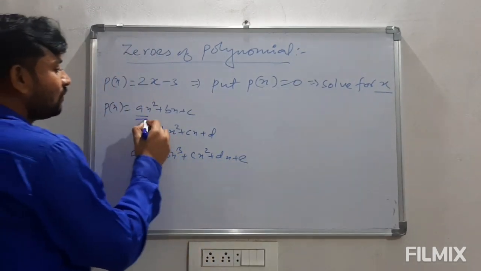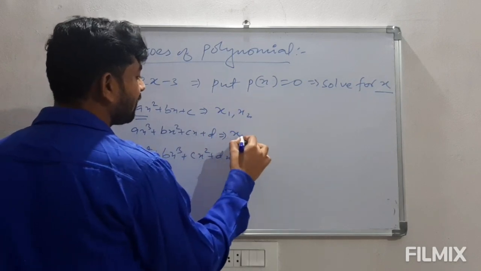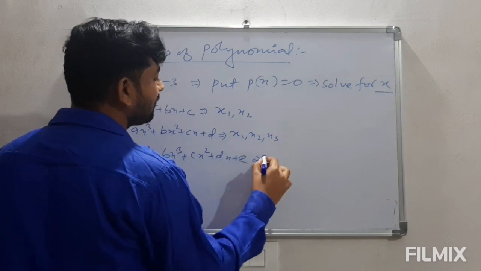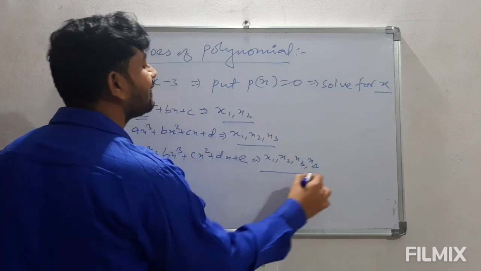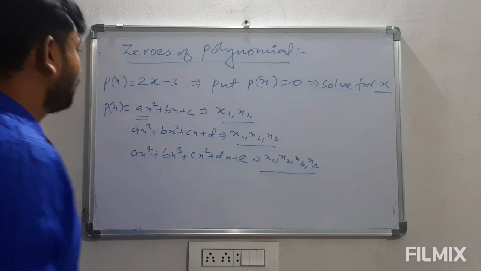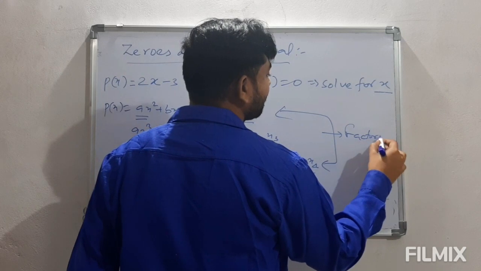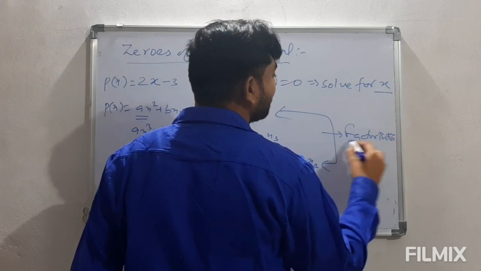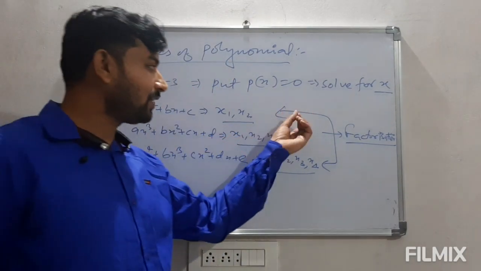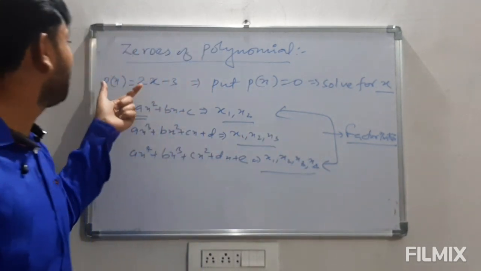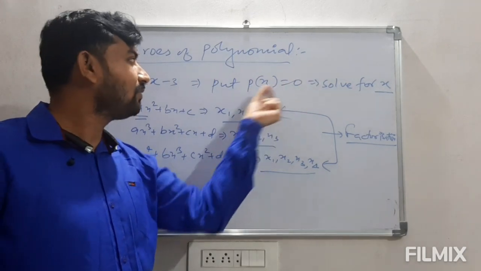Here the degree is 2, which means there will be 2 roots. Here 3 roots will be there. Here 4 roots will be there. So it is not possible in these 3 cases to solve it directly. For that purpose we have a different process. We call it factorization, which you must have studied in your 8th and 9th class. So we will use factorization. We will equate the factors to 0 in place of p of x is equal to 0. We replace this with the factors and we will calculate the value of x.